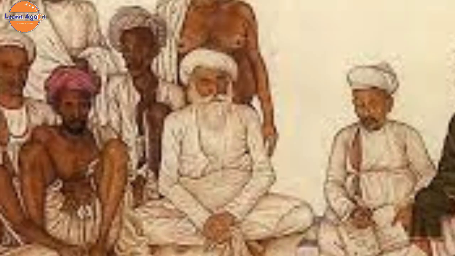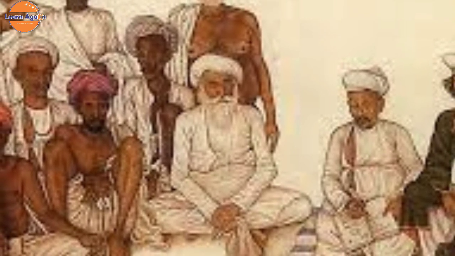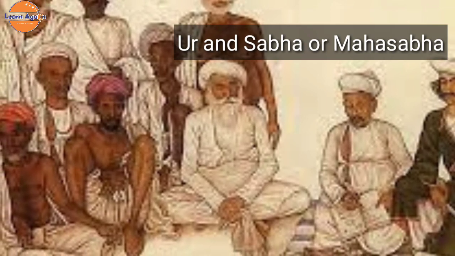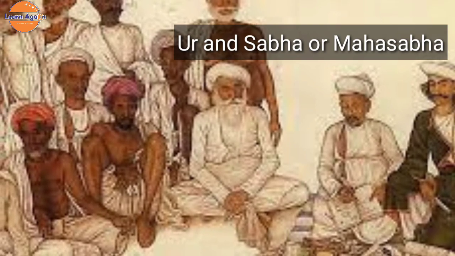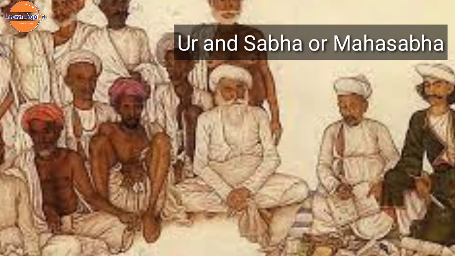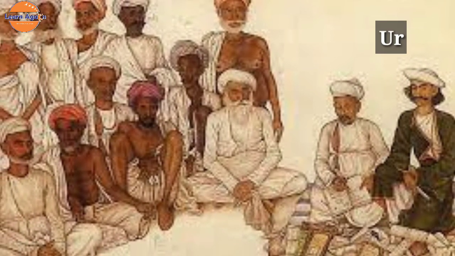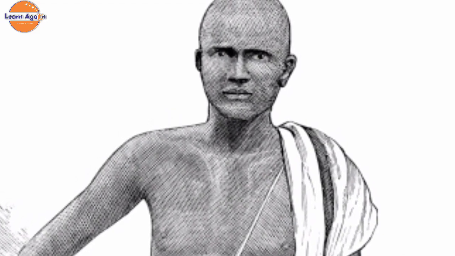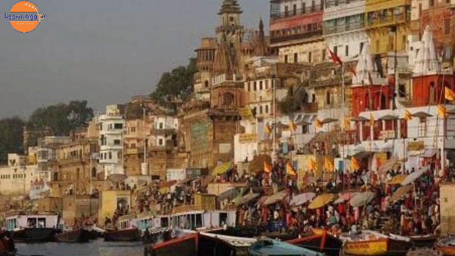Now let us know about village and town administration. The local self-government included two assemblies, the Ur and the Sabha or Mahasabha. The inscriptions of Uttaramerur from Tamil Nadu describe the village assembly in great detail. By this description, we come to know that the Ur was the general assembly of common people. It had all rights over the lands of the village. In contrast, there was the Sabha of Brahmanas who owned Brahmadeya granted by the king to them.